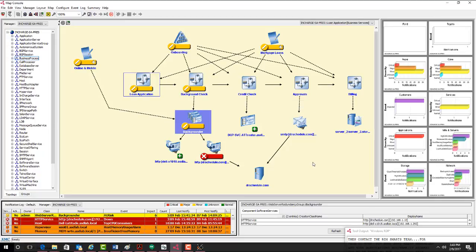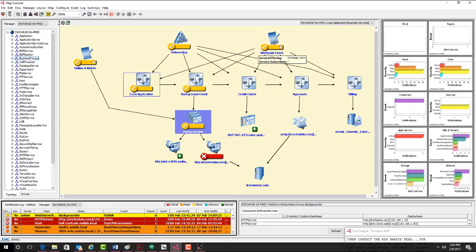Our approvals that would be delivered, say, via email to the customers, that's still functioning just fine, as well as the end billing service. But because these two pieces of the business process are affected by the inability to perform a background check, so we can't complete the loan applications, that affects the group onboarding and affects the service offering